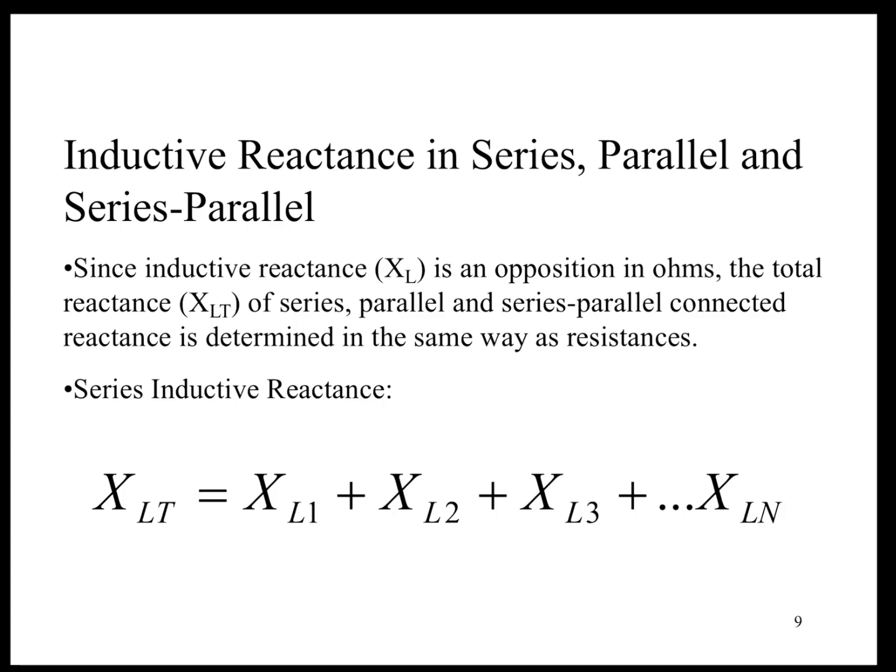That is to say, when we have a series connection, we simply add up the individual values of reactance, or when we have a parallel connection, we just use the sum of the reciprocals, or product over sum. So when it comes to inductors, it just lines up with everything we've looked at for series and parallel relationships. We're going to have to be aware that it's different when we look at capacitors, but for now, the primary thing to understand is to remember that XL is opposition,